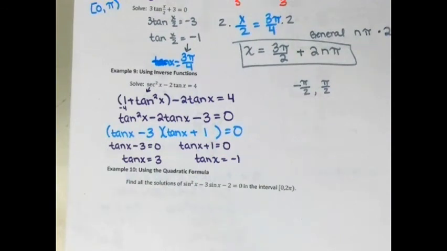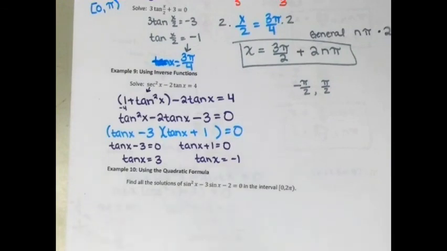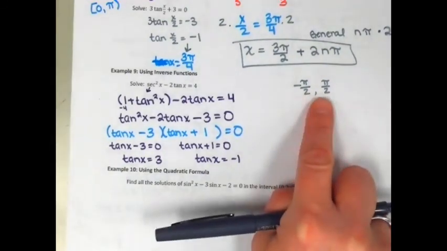So now, if I look at the tangent of negative 1, that normally would say we're in the quadrant of what? It could be quadrant 2, it could be quadrant 4, right? It could be either one of those. So what we're going to do on this one, actually, because we want it in between negative pi over 2 and pi over 2,